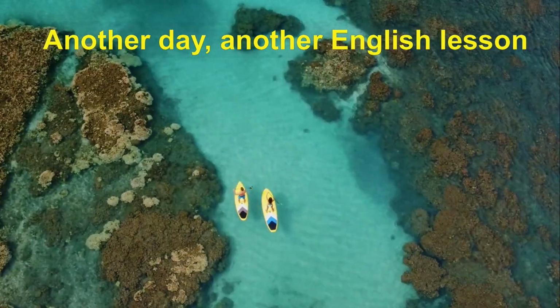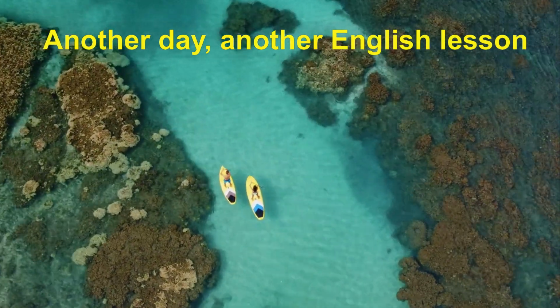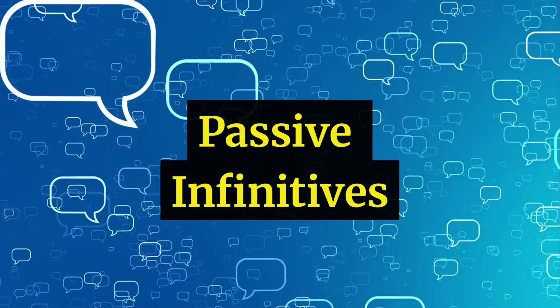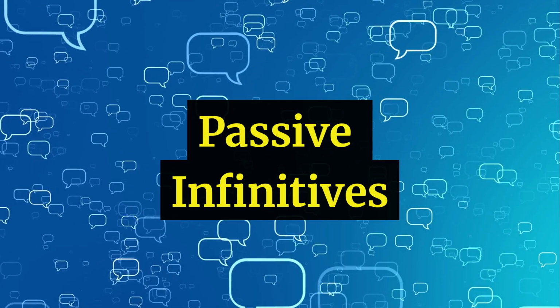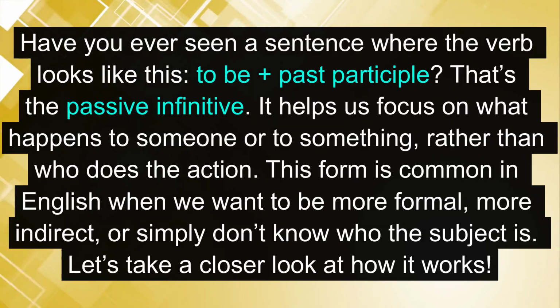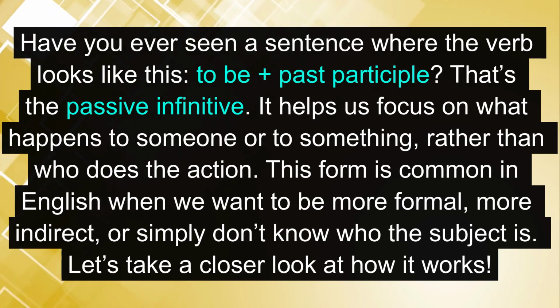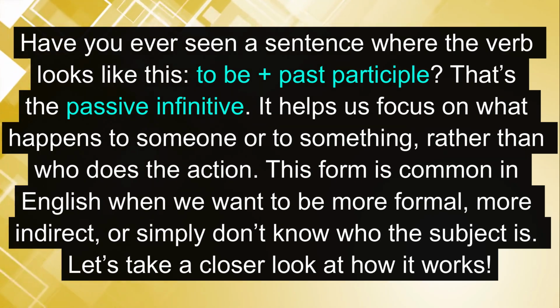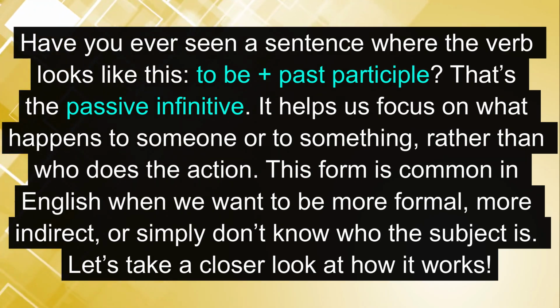Another day, another English lesson. Passive infinitives. Have you ever seen a sentence where the verb looks like this? To be plus past participle? That's the passive infinitive. It helps us focus on what happens to someone or to something rather than who does